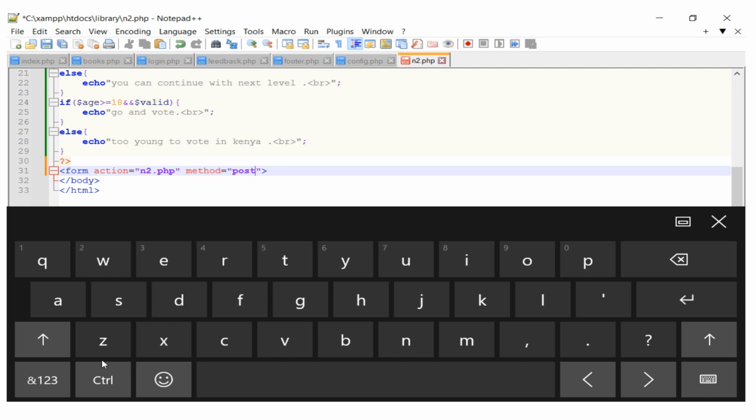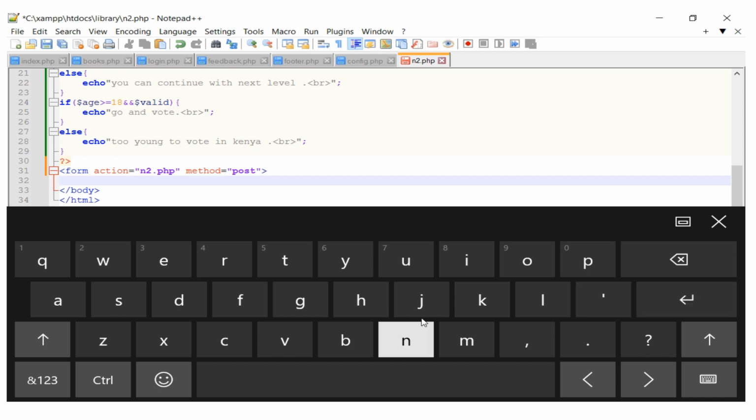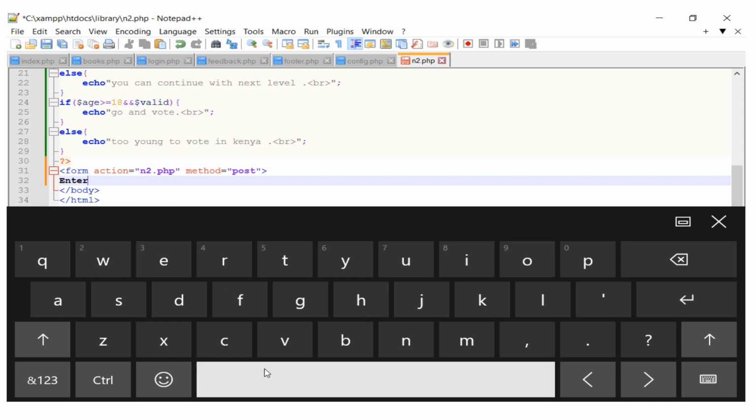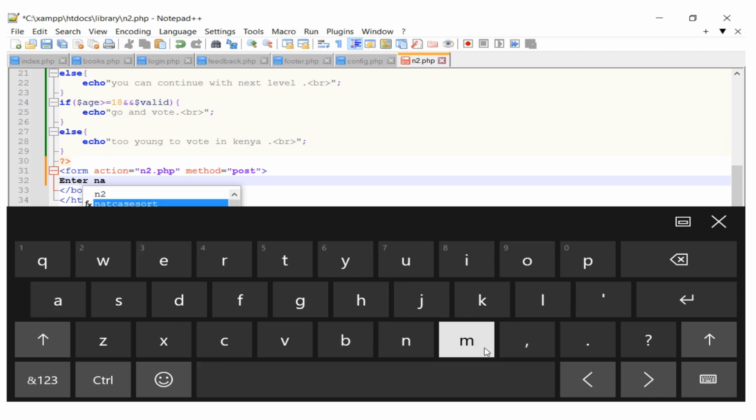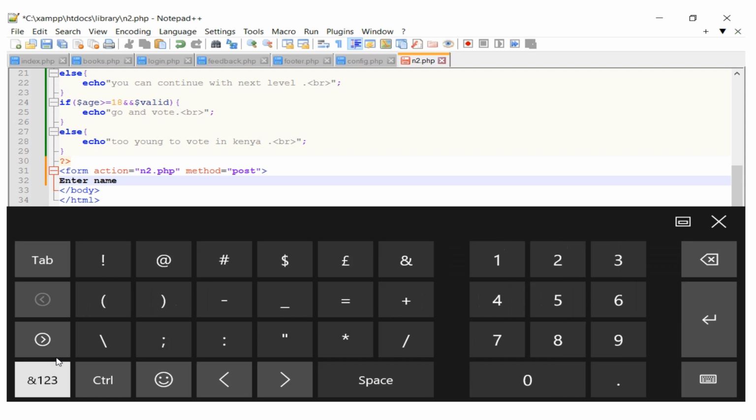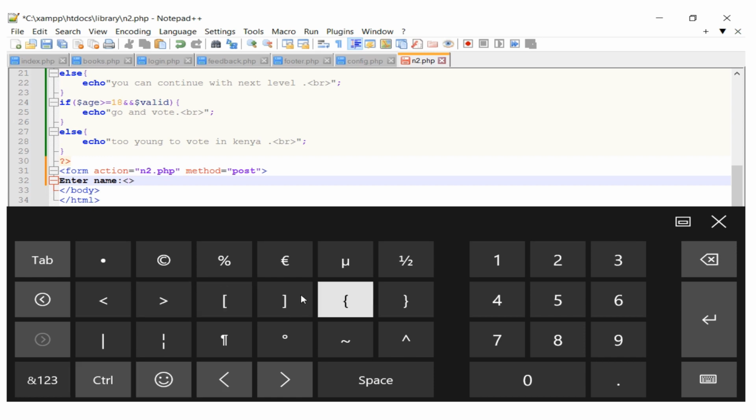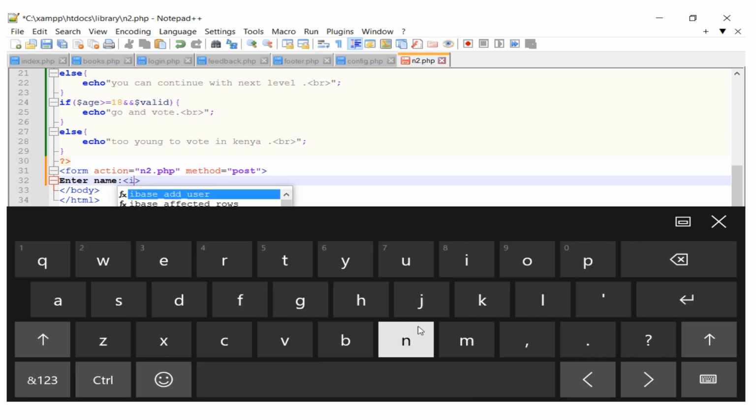And then here we want to enter a name, and then we can give the input here. Maybe we have the input,